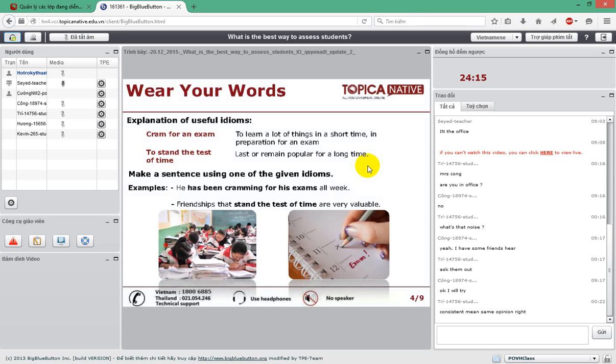Okay, we're on the further various words, basically practice with vocabulary and idioms and collocations and so forth. Explanation of useful idioms. Cram for an exam. To cram for an exam is to learn a lot of things in a short time in preparation for an exam. To stand the test of time means last or remain popular for a long time. Popular or in demand. Not just popular, in demand. Make a sentence using one of the given idioms. Examples are: